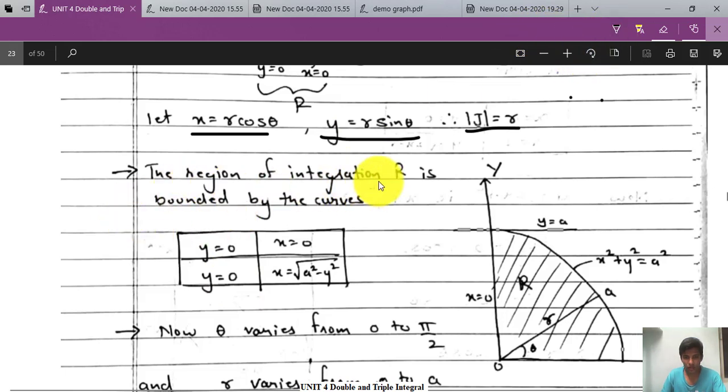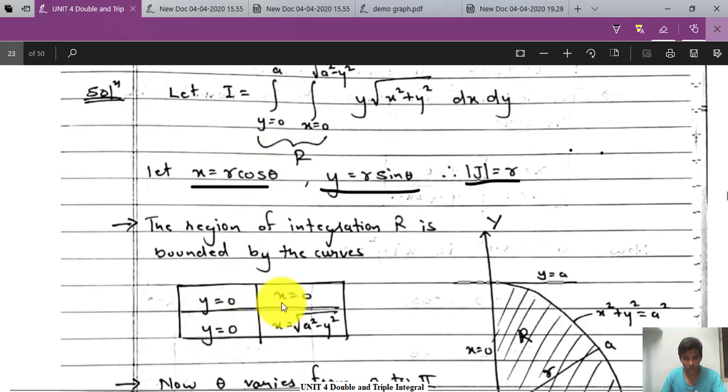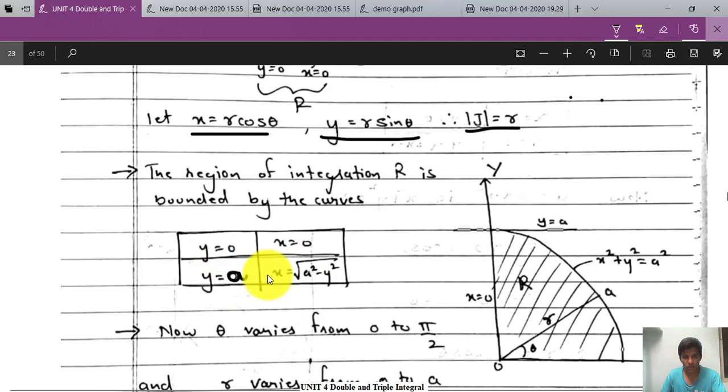So here the region of integration R is bounded by the curves y equal to 0 and y equal to a. So in the notes, please make this correction as a. Okay, so y equal to 0 and y equal to a, and x equal to 0 to x equal to square root of a square minus y square. Now the value x equal to 0, and the value x equal to square root of a square minus y square. So what is this equation? This equation is nothing but, see here, this is x equal to the square root of